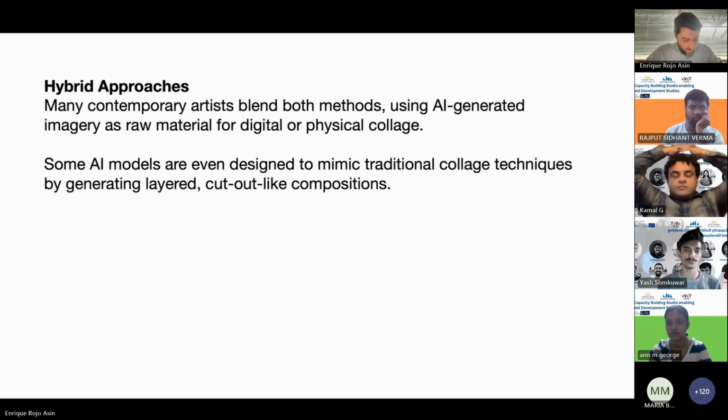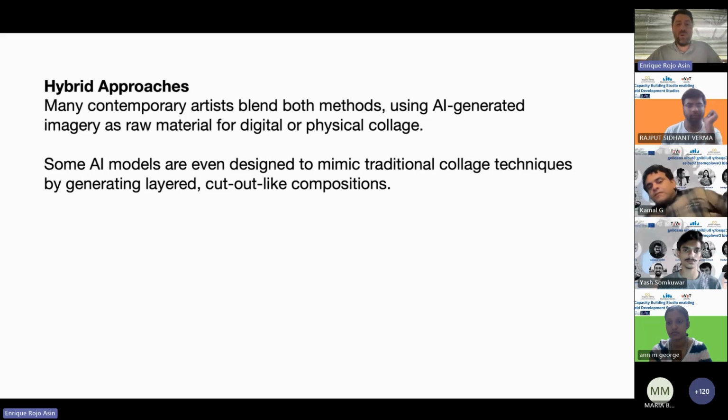And finally, well, not finally, but it's a hybrid approach. Even though the collage was manual, it was also blending some traditional techniques, as we see with Photoshop. You have layers that in the end mimic how you did the original collage. The AI is the same, because you add layers of complexity that help to fill out the composition.